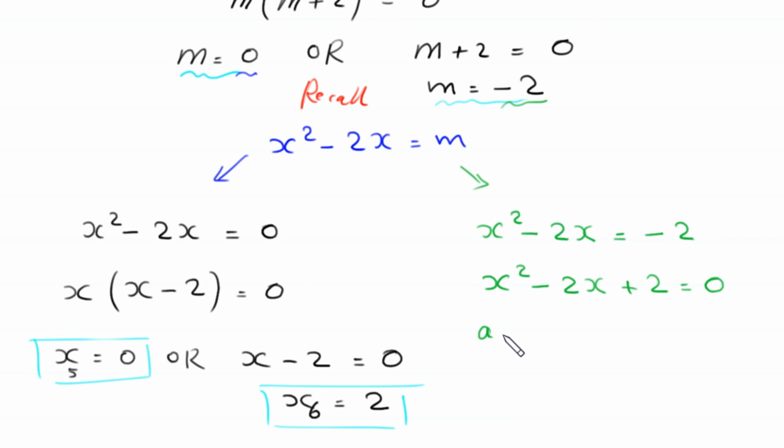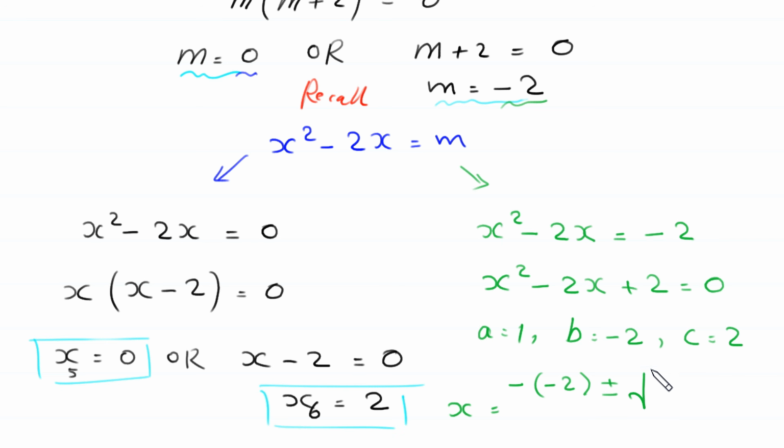In this equation a is equal to 1, b is equal to negative 2, and c is equal to 2, and according to quadratic formula x is equal to negative value of b, which is negative 2, plus or